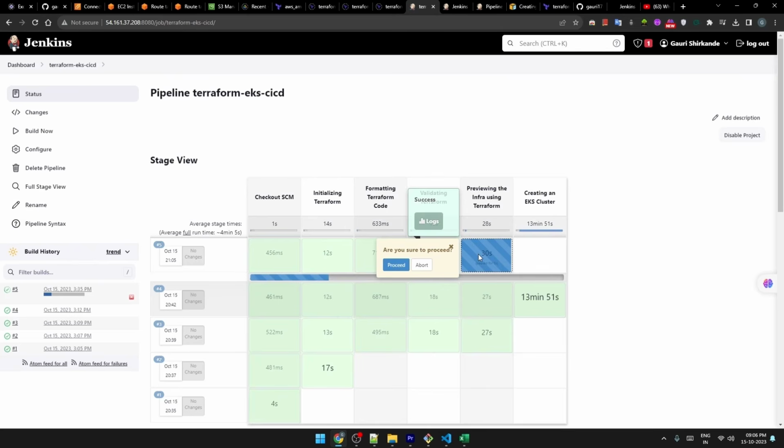Okay, now it has done. Now, when you hover your cursor over this, you will get this option like, are you sure to proceed? So, if I say proceed, then only it is going to continue with this pipeline. I'm going to click on this, and now it has proceeded for creating an EKS cluster. So unless and until I go for proceed, it is not going to continue with the pipeline. So this is the benefit, or an additional thing that we can customize for our pipeline according to our